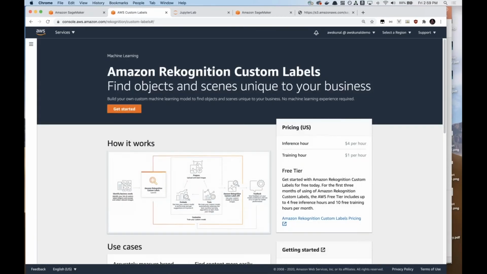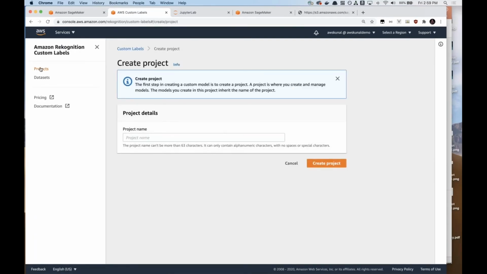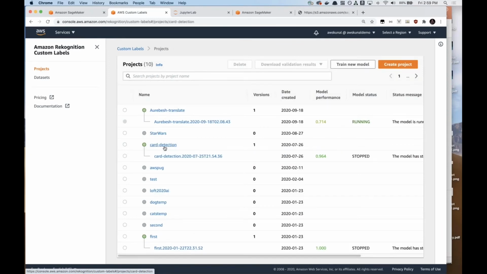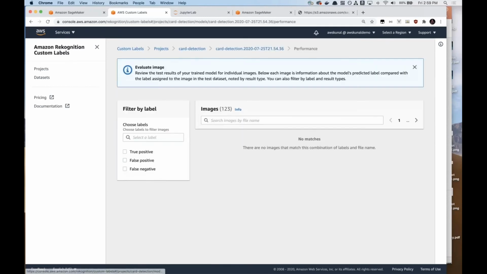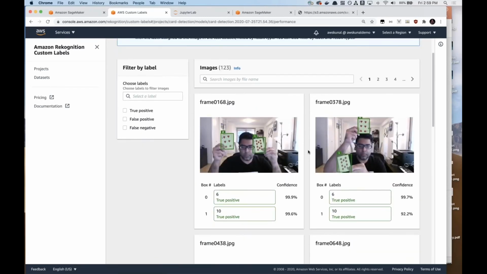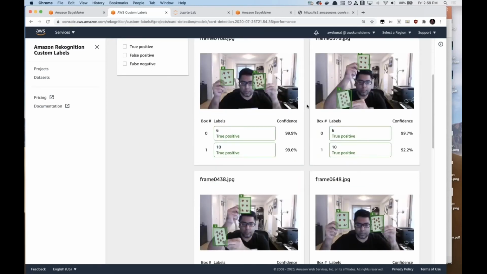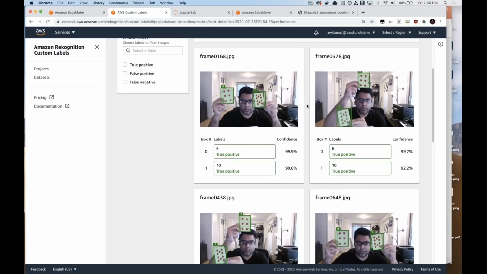Now with custom labels, let me showcase a project that I've built earlier. So let's go to card detection and we'll say view test results. So here, that's me, and that's me holding cards. There is no machine learning aspect of me training a model for this. This is just me in the interface drawing bounding boxes on my data set. And then from there, I just click on train a model. There's nothing else that you need to do, right? You don't need to have that machine learning expertise to be able to create that object detection model,